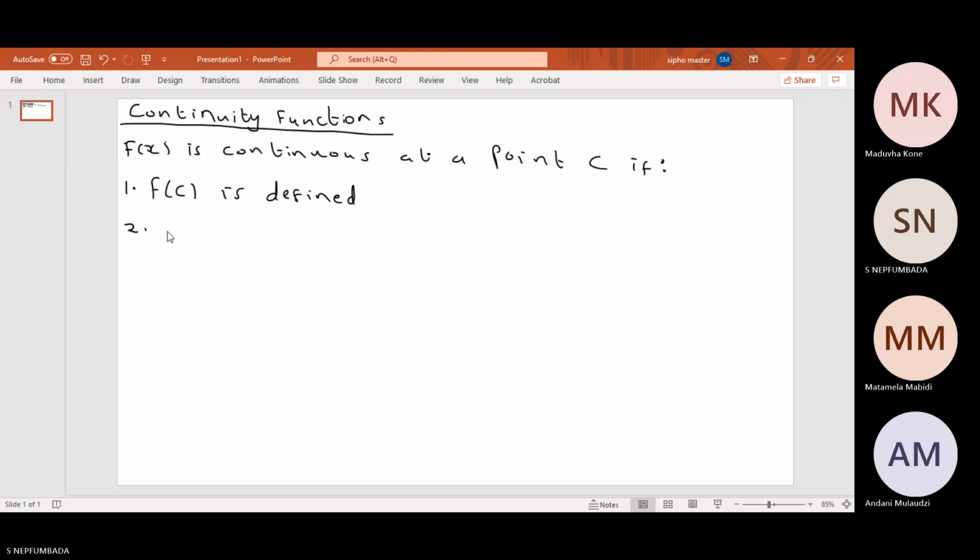Number two, if the limit of x approaches C,